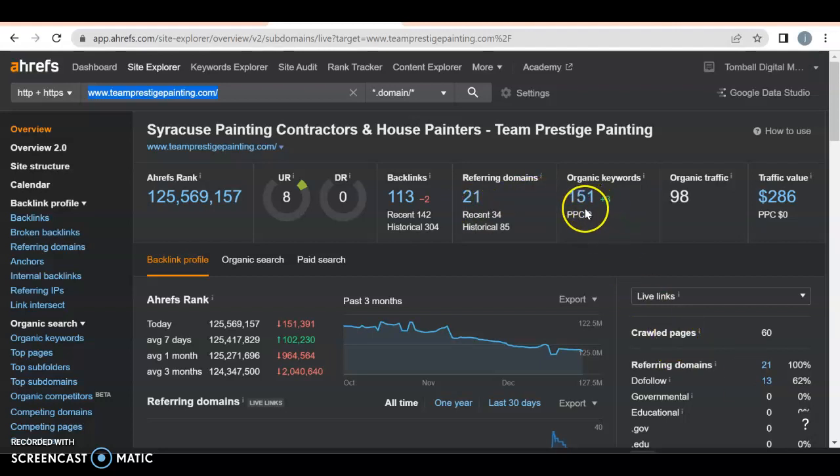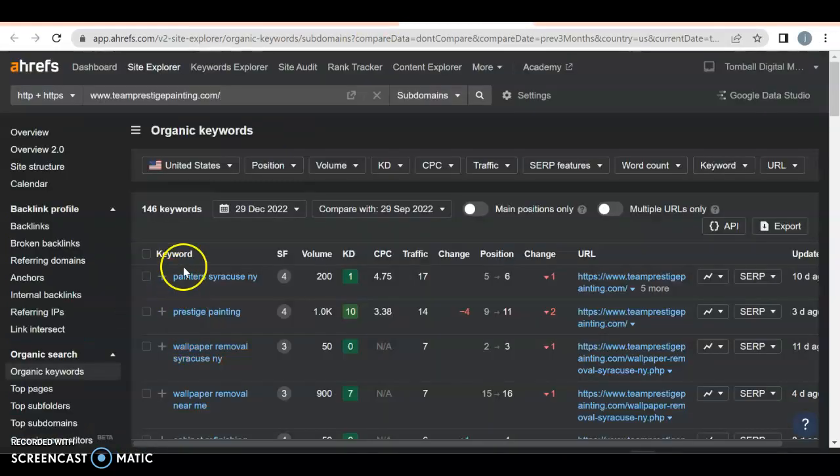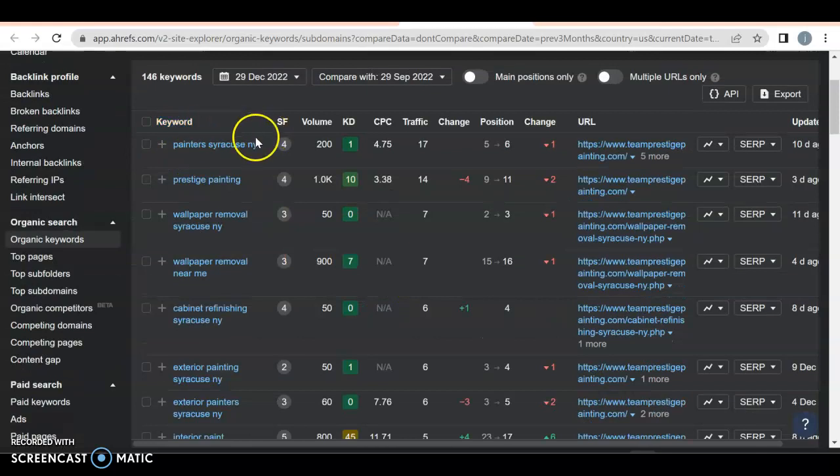They also do have 151 organic keywords, so 150 different ways somebody can look them up. So the big one is Painter, Syracuse, New York. 200 people a month search for it. They're getting 17 because they're in position number 6. Typically, you'll get about 10 to 20% when you're in the top, like, 3 spots. And then